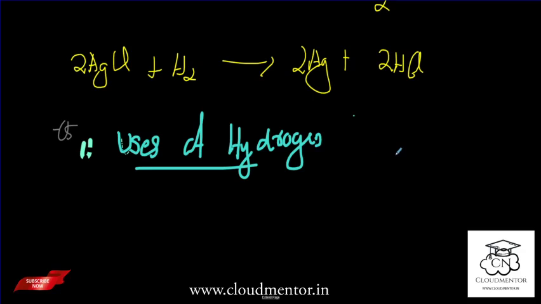What are they? The first is the manufacture of ammonia by the Haber process, and second, the manufacture of hydrocarbons and their derivatives, the manufacture of hydrochloric acid or metal hydrides, and the reduction of heavy metal oxides to the metals